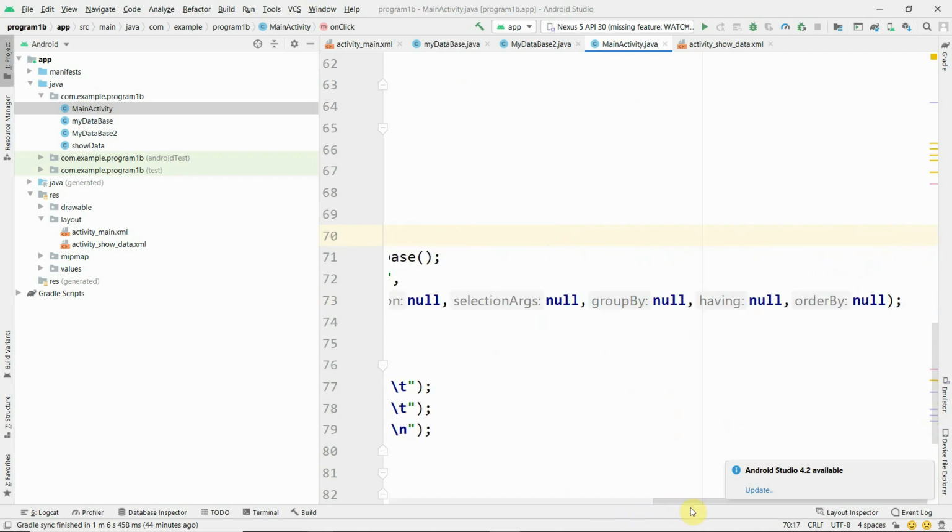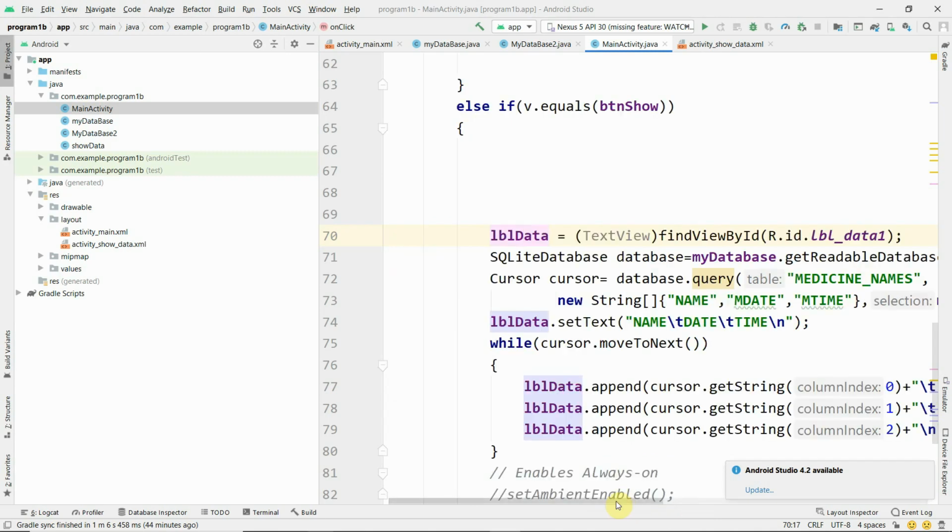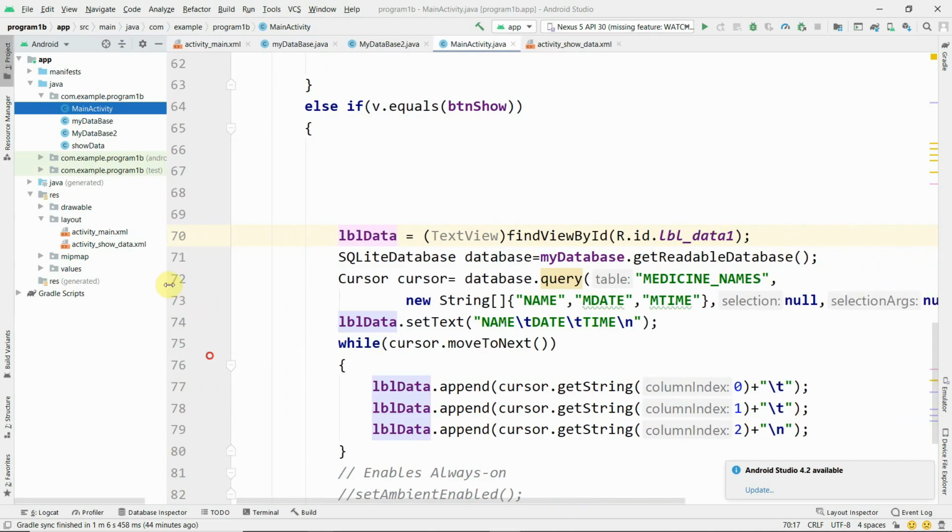And then here you can see SQLite database equal to my database dot getReadableDatabase. The database object is created with my database with the getReadableDatabase method, and then we are going to query the table medicine name for columns name, date and time.